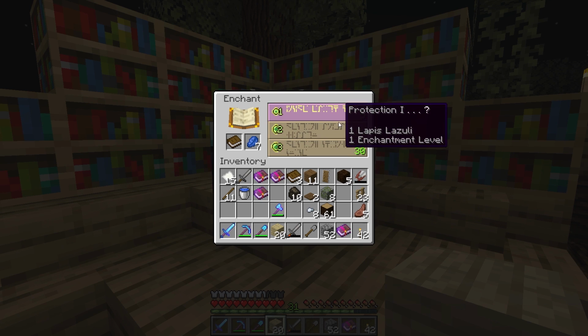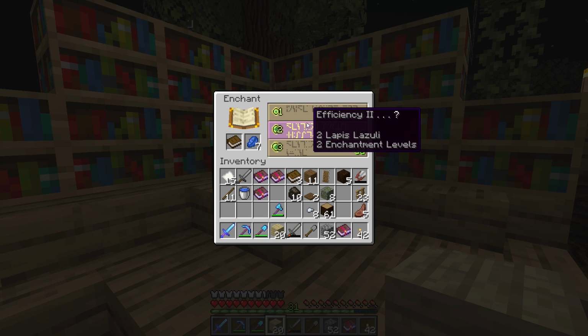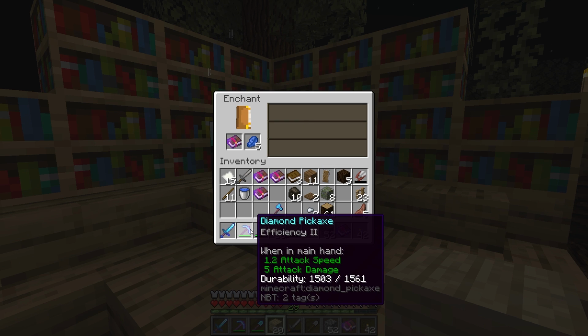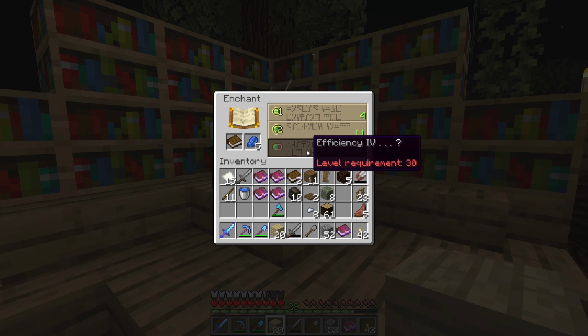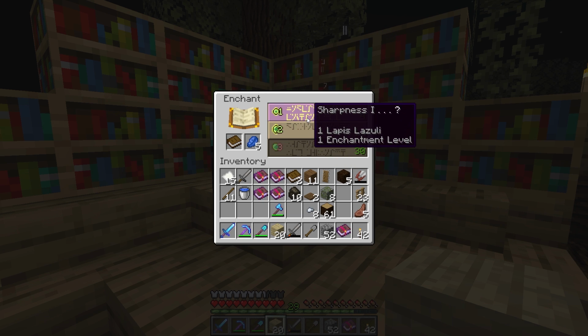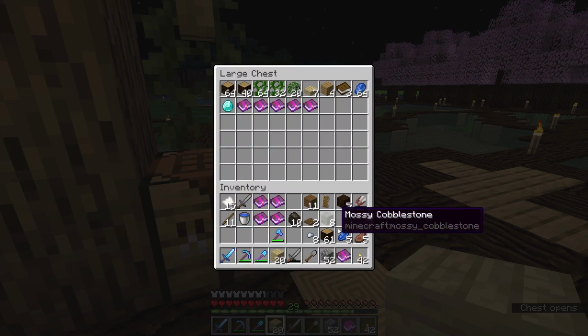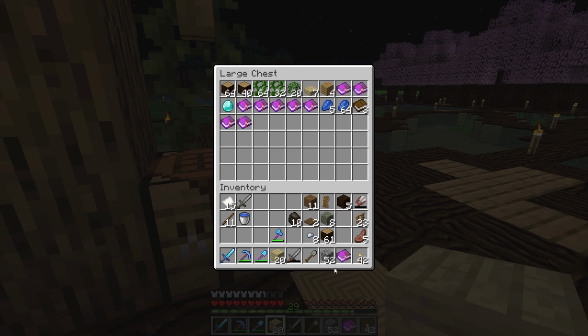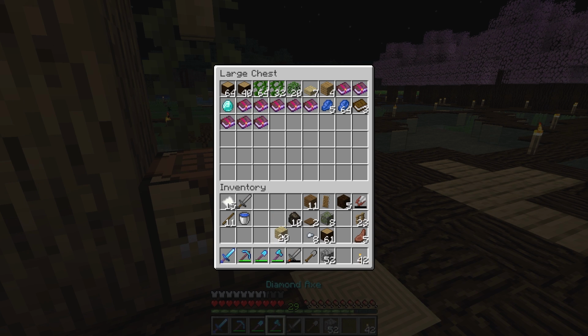What else we got? Protection, efficiency, piercing. Let's do efficiency 2. Then we can get our diamond pickaxe to efficiency 3. That'll be great. Efficiency 4, that would have been perfect. Okay, let's hang on to that for now. We'll leave these books here. Leave the lapis here. Let's see, we'll leave our enchantment books here because we're not going to do any anvil